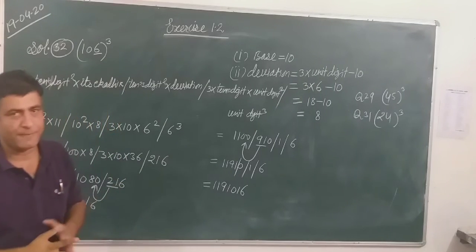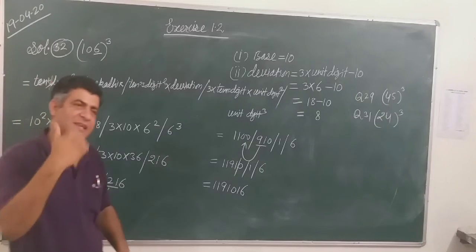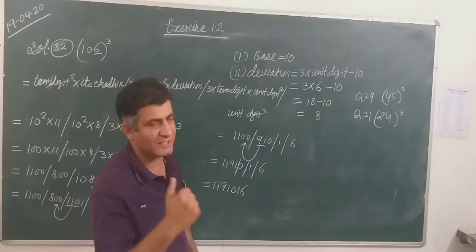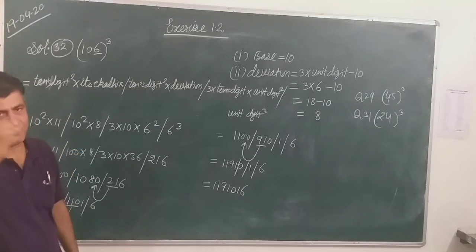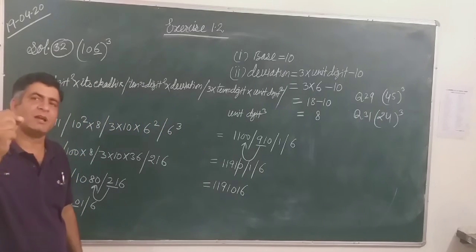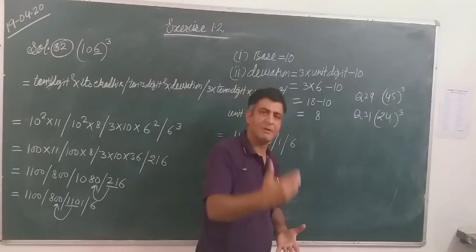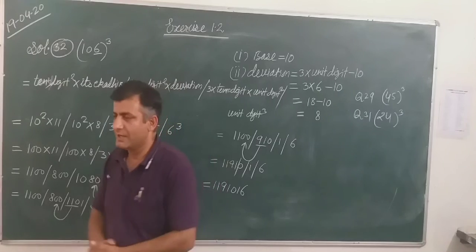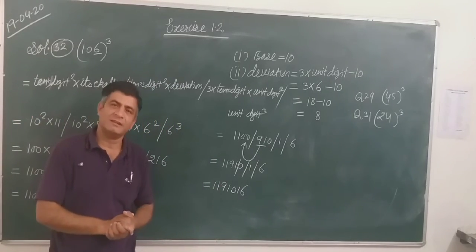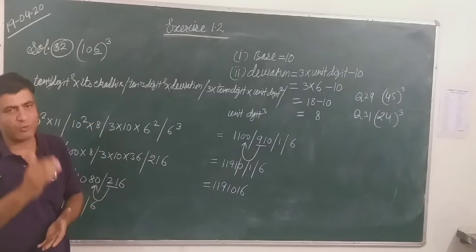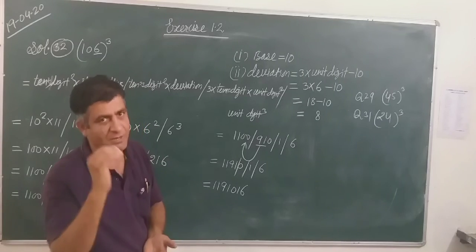The next formula, the second one, is (ax plus b) upon p is equal to (cx plus d) upon q. Then x is equal to (dp minus bq) upon (aq minus cp). And the third application of Sutra Pravritti Yojit is (x plus a) into (x plus b) is equal to (x plus c) into (x plus d). Then x is equal to (cd minus ab) upon (a plus b minus c minus d).